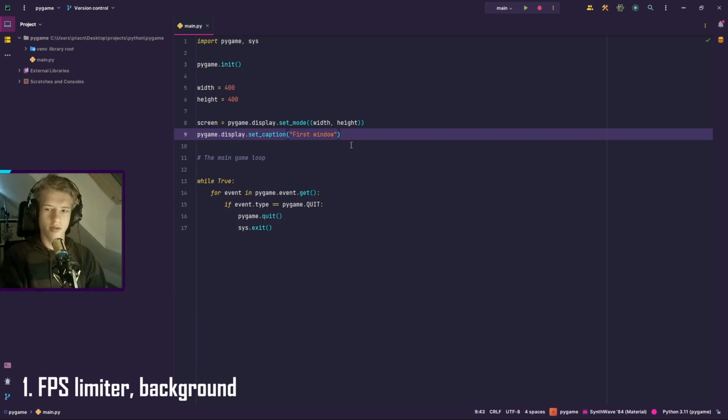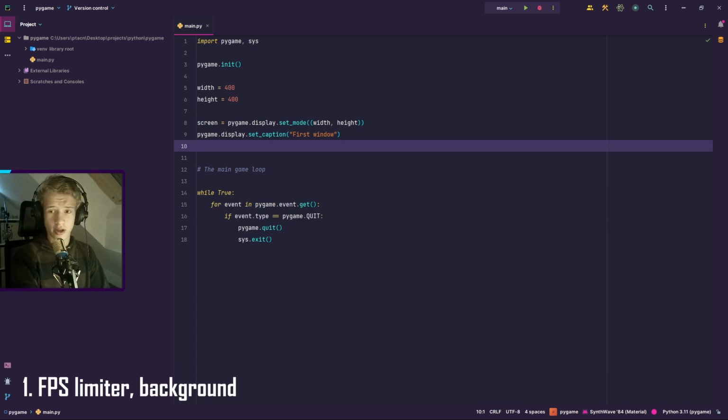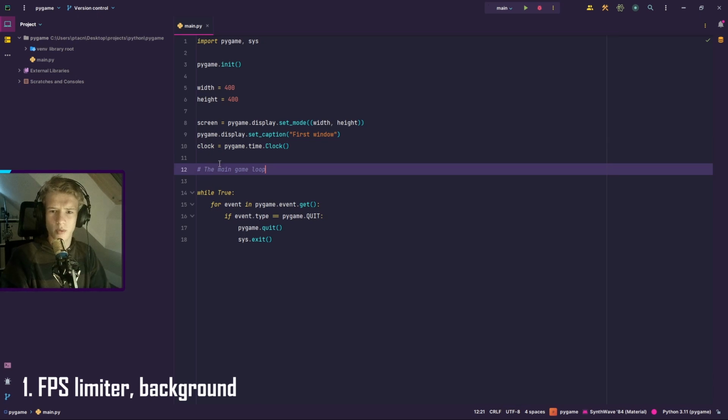and we are going to achieve it by creating a clock here by setting a variable like this: clock equals pygame dot time dot Clock. Yes, like that. And now we have a clock object,